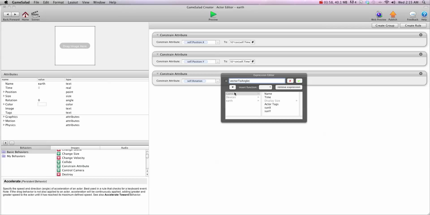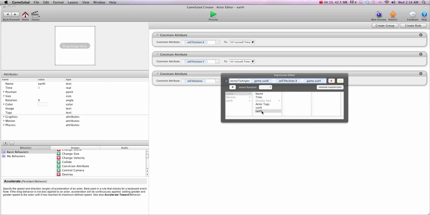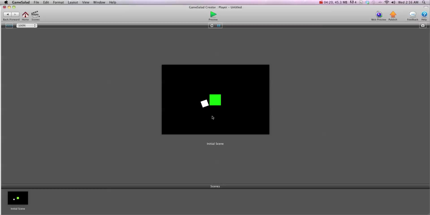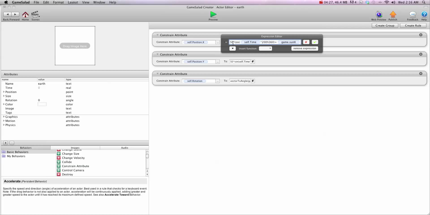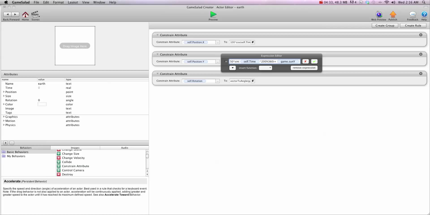go game sun's X minus self position X, comma, and then we're going to go game sun Y minus self position Y, close bracket. So now I'm going to hit preview again, and now you can see that the box will actually rotate as it rotates around. I'm going to go back and put that at 100 again just so we can see it a little further away from the sun,